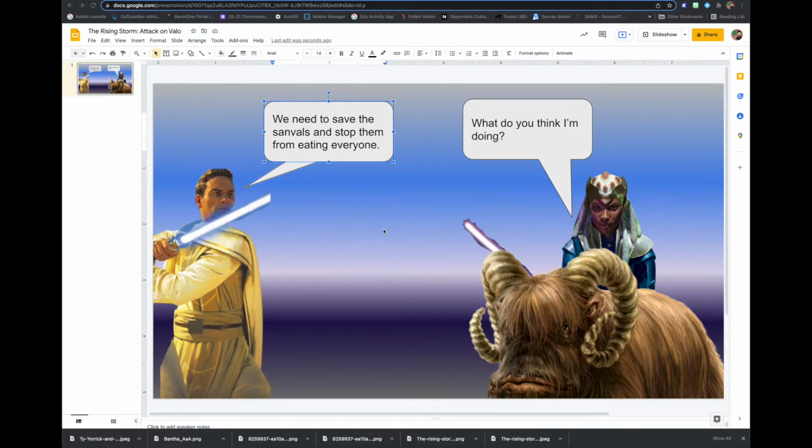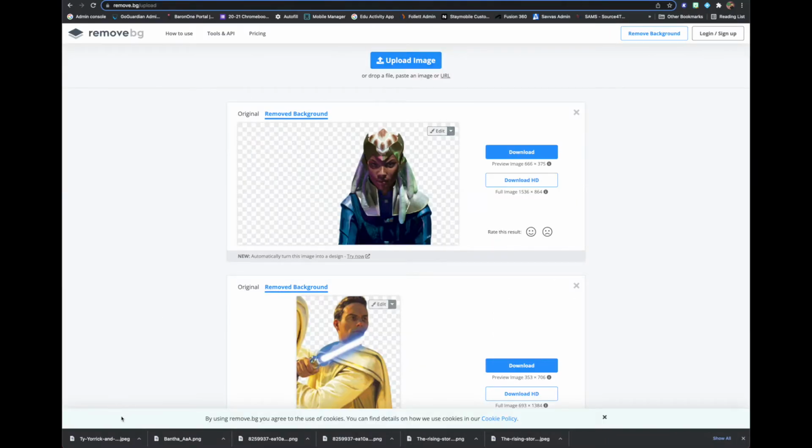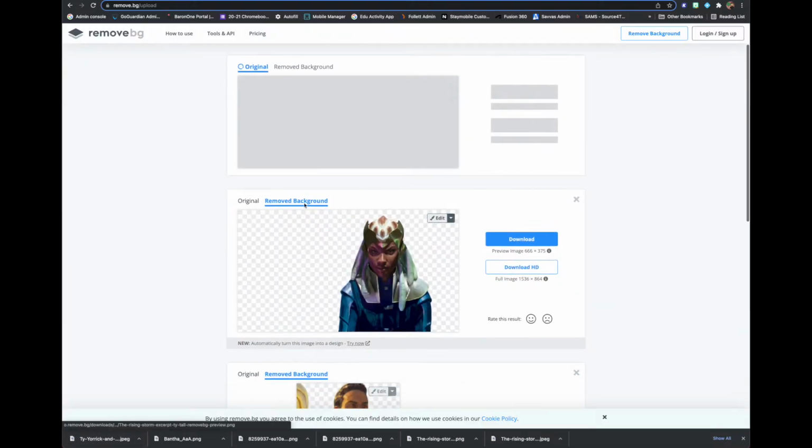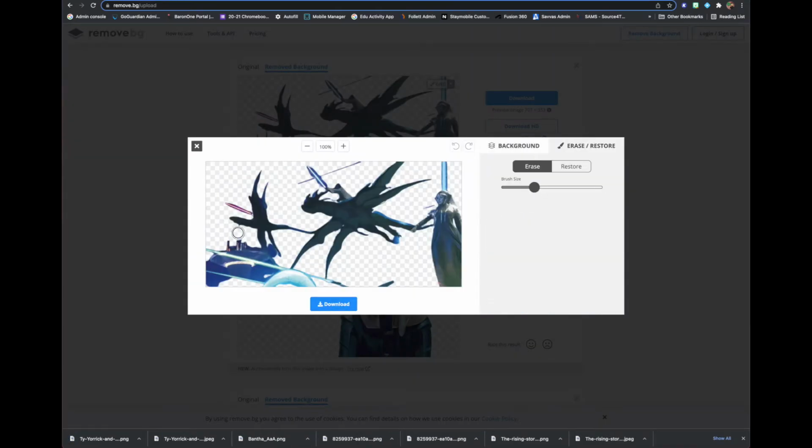Okay, so I actually changed the name from dragons to sandvals because I forgot that's what they're actually called. And I found this real cool image of Ty and Elzar on the backs of the Sandvals, some concept art. So I just saved that. I'm going to go back over here to remove BG and upload this image and move the window. And I realize, look at